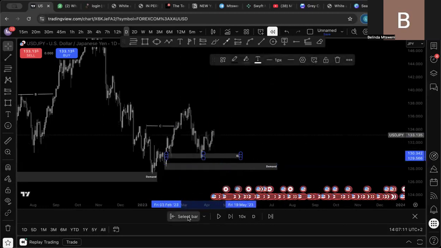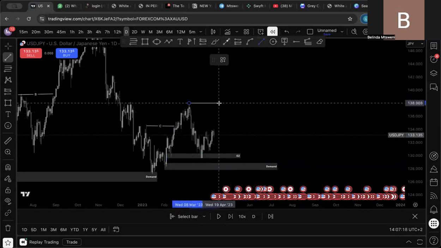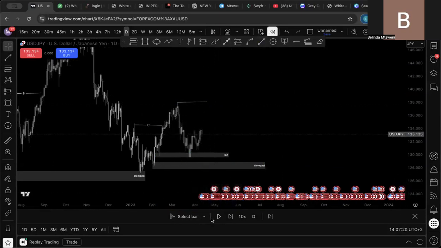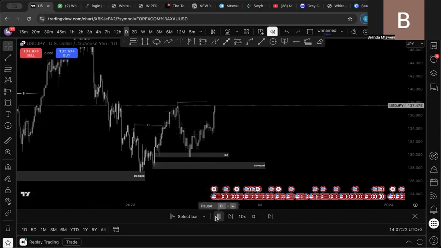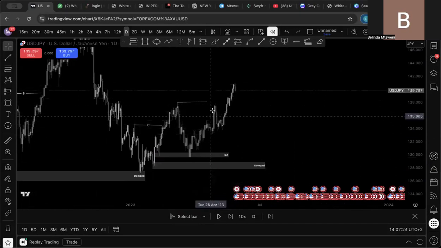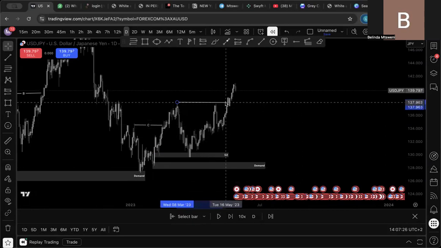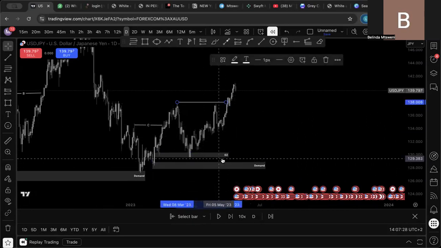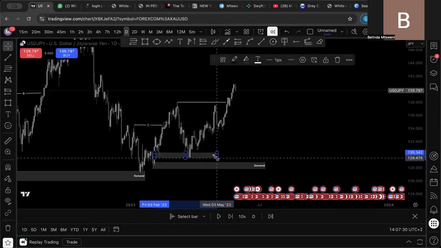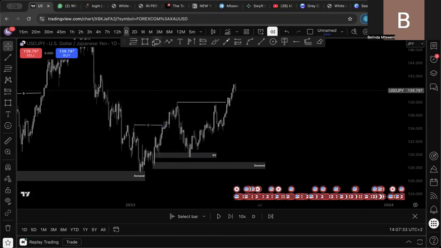So this is how I was going to go about my entry. And of course, now my take profit would initially be at this particular high over here, right? And then afterwards, price now takes your profit, right? So this is how I was going to go about this initial trade, because I just had to quickly show you guys this thing